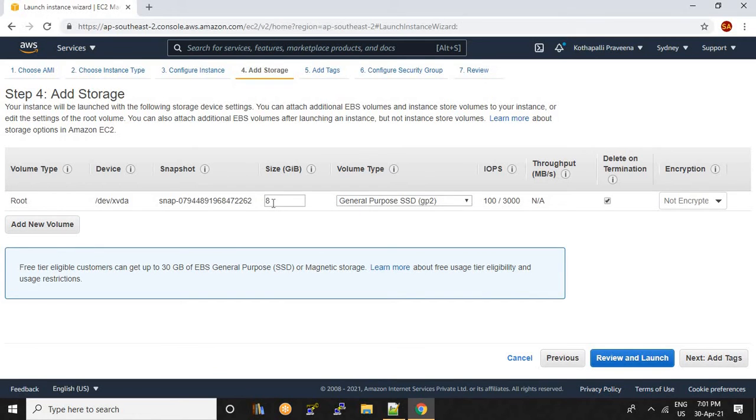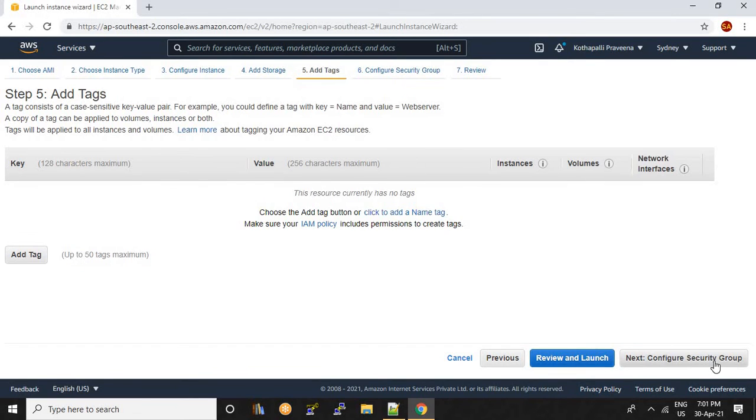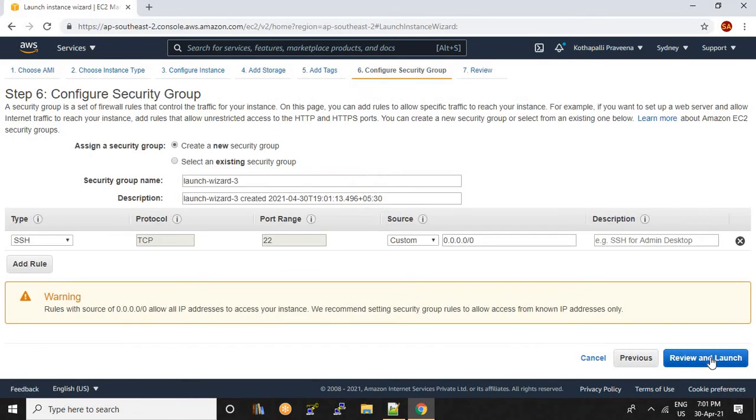Here we have 8 GB size, so keep it as default. Add tags and security groups. We can create a new security group, or else select an existing security group also. Here I am creating a new security group. So, review and launch.